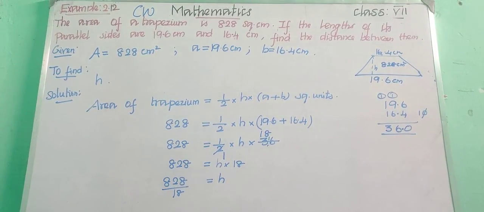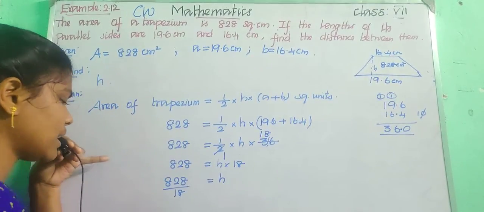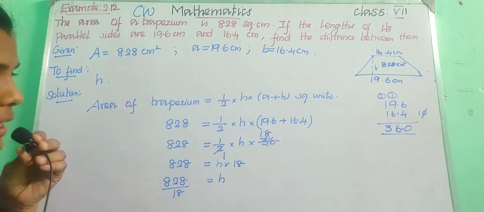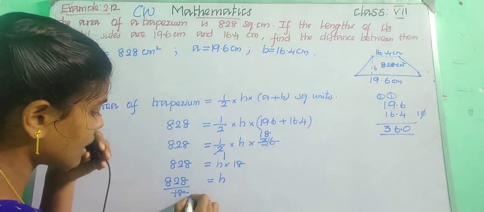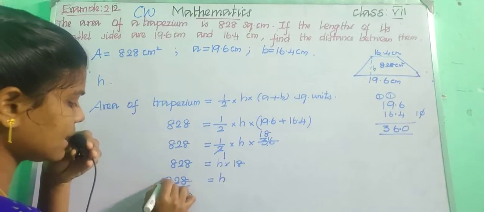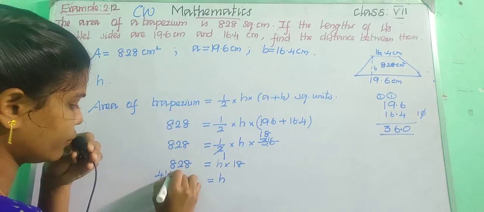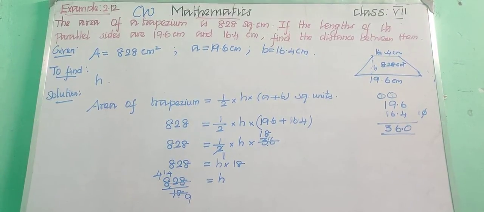Okay, children, so we are going to divide this. We can also cut this by the 2 table. See here, in the units place we are having 8 and here we are having 8, so these are multiples of 2. So say the 2 table: 9 2s are 18. Just consider 8: 4 2s are 8, and here 2, so 1 2 is 2, again 4 2s are 8. So we got 414 divided by 9.